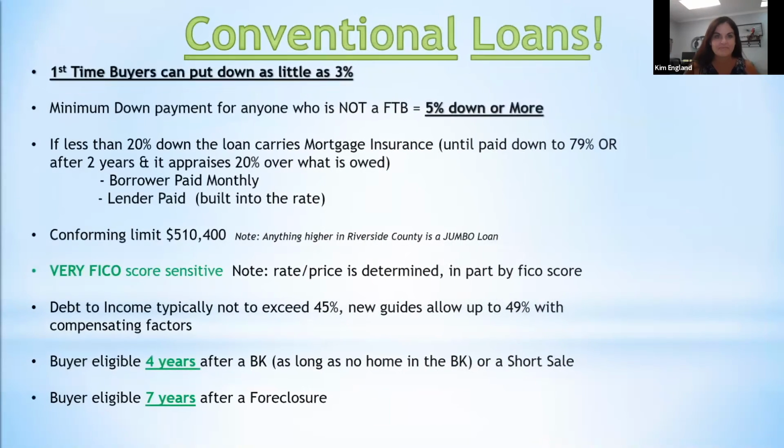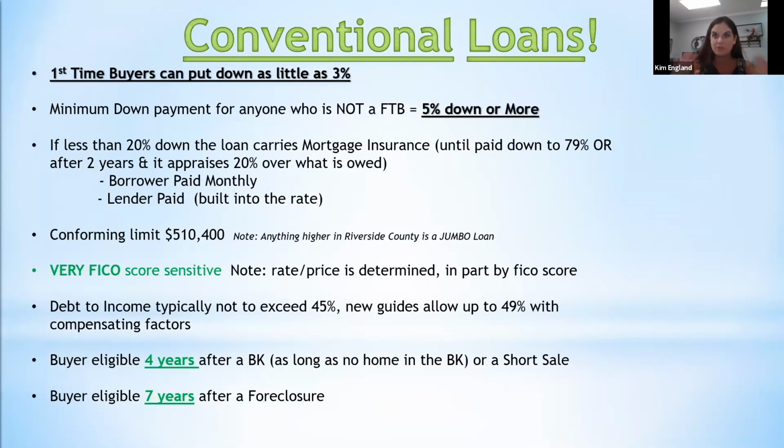Conforming. Most people don't know this either. If you have a first-time home buyer, they can get in with as little as 3% down, which is lower than the 3.5% that FHA allows. Most people don't know that, especially millennial buyers, who think you have to come in with 10% down or more. So it's super important that you as realtors know that a first-time home buyer can put as little as 3% down on a conventional loan.